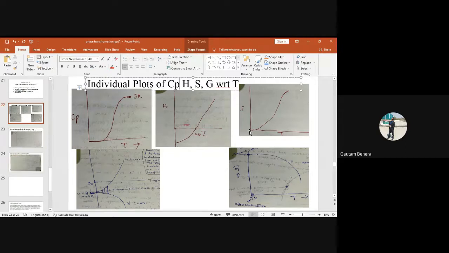And you have to remember, entropy is 0 at 0 degree Kelvin, right? Entropy for a pure element or for a pure metal is 0 at 0 degree Kelvin. When you are at 0 degree Kelvin, there will be no vibrations at all. There will be no Cp. No Cp means there is no enthalpy. And if there is no enthalpy, there is no entropy at all. So entropy is also 0, right? Basically.